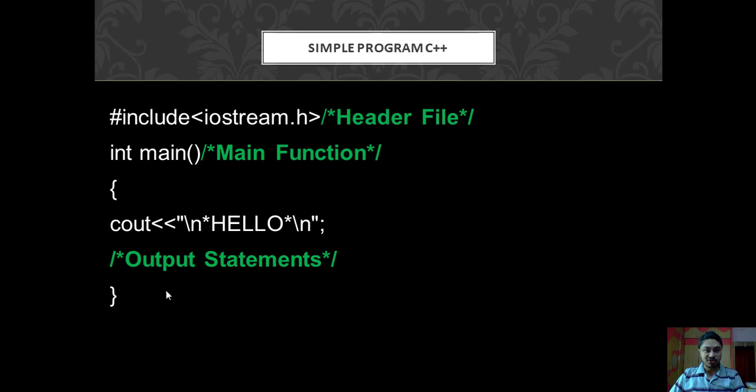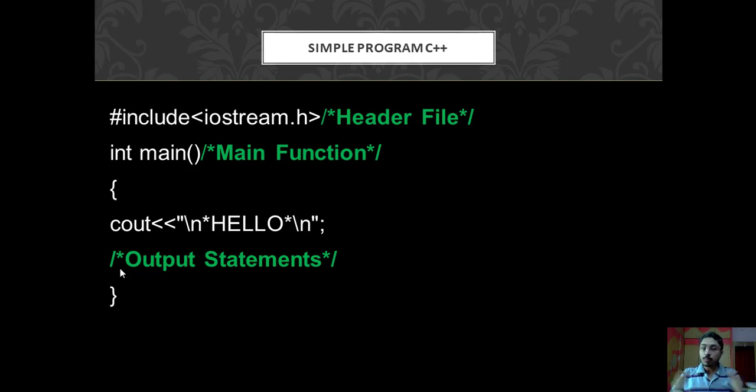Then we have the output statement over here. This is nothing but a comment. Now all of you know that comments are meant for documentation purposes only. So when you write a bigger program, in that case you want to explain the logic behind writing the code. So in that you write comments. So this is a multi-line comment. Similarly, you can have single line comments also. If I use this / 2 times, that will become a single line comment. Single line comments in the sense that the comment will be valid only for that line. On the next line, it will not be treated as a comment.